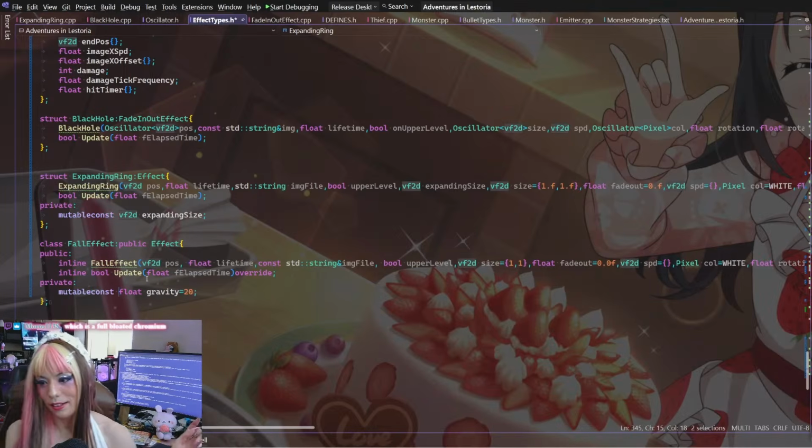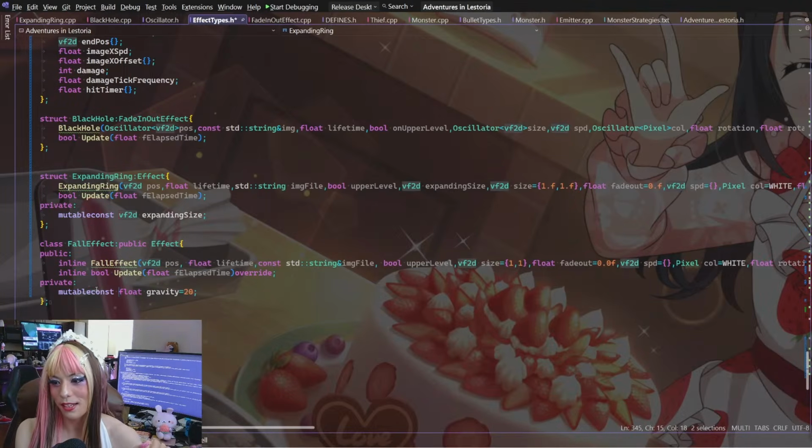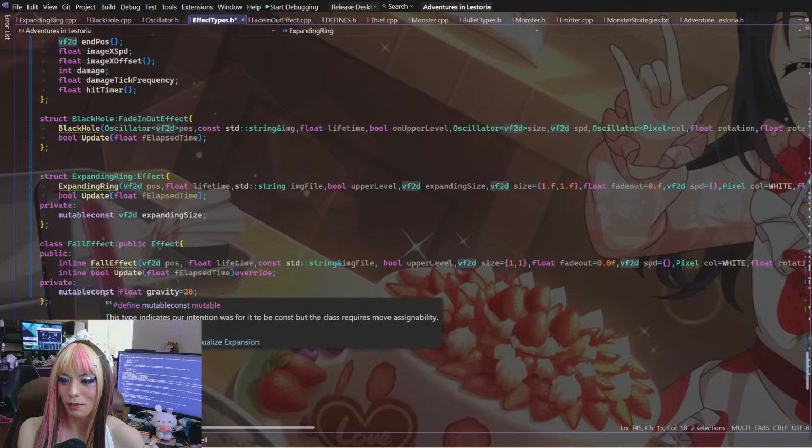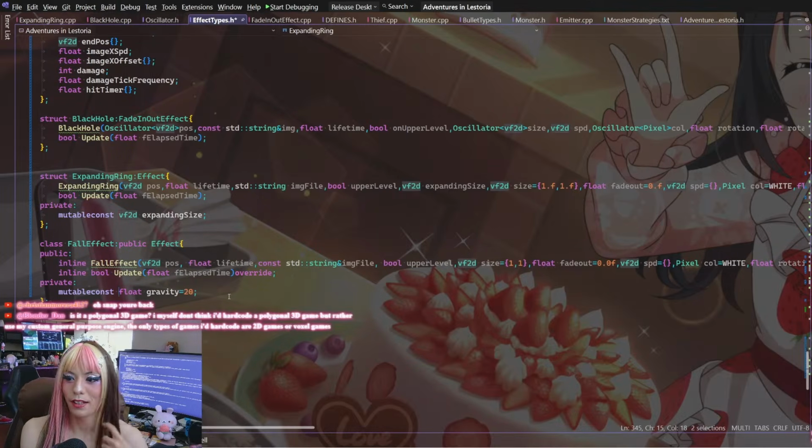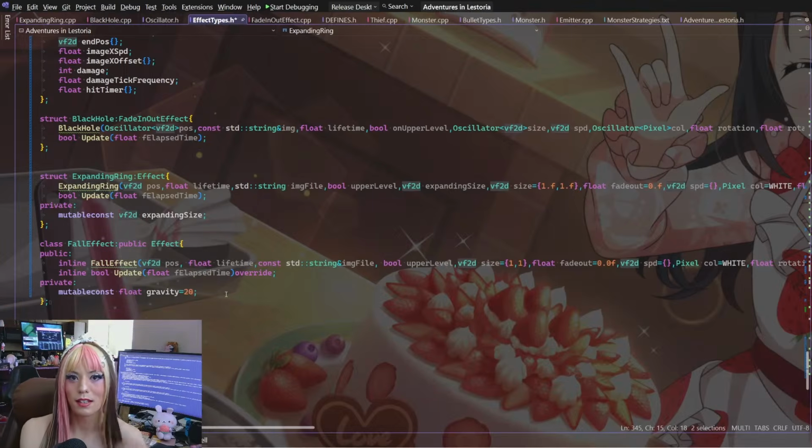So I was thinking of making an actual class out of this. But I was thinking, okay, what rules do I want that class to have, right? So the idea of a mutable const, at least my idea of it in my head, is that it's allowed to be moved, but you can't directly set it. Like operator equals goes away, but you can copy it. So you can turn it into an R value.